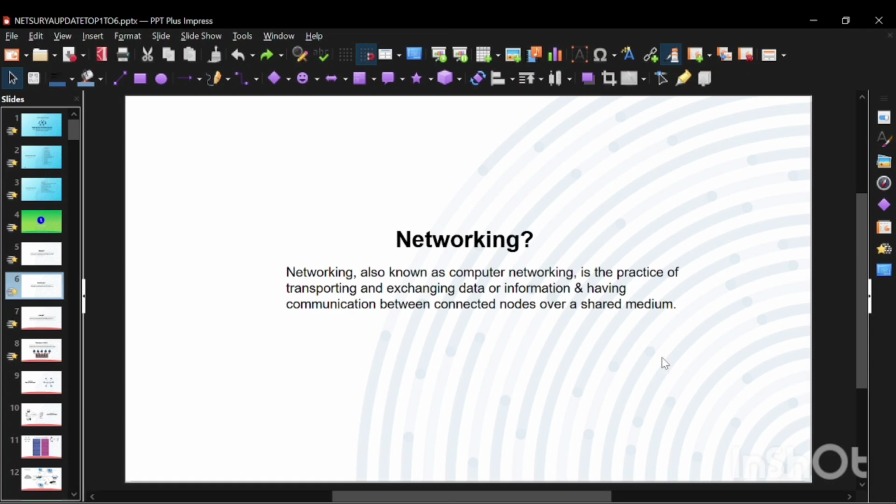Now listen carefully: network and networking are not the same thing. Imagine you are in an office with five computers. Everyone needs internet, file sharing, and access to the same printer, so you connect them using either cable or Wi-Fi. The moment they are connected and can communicate, that setup is called your network. But what is networking?